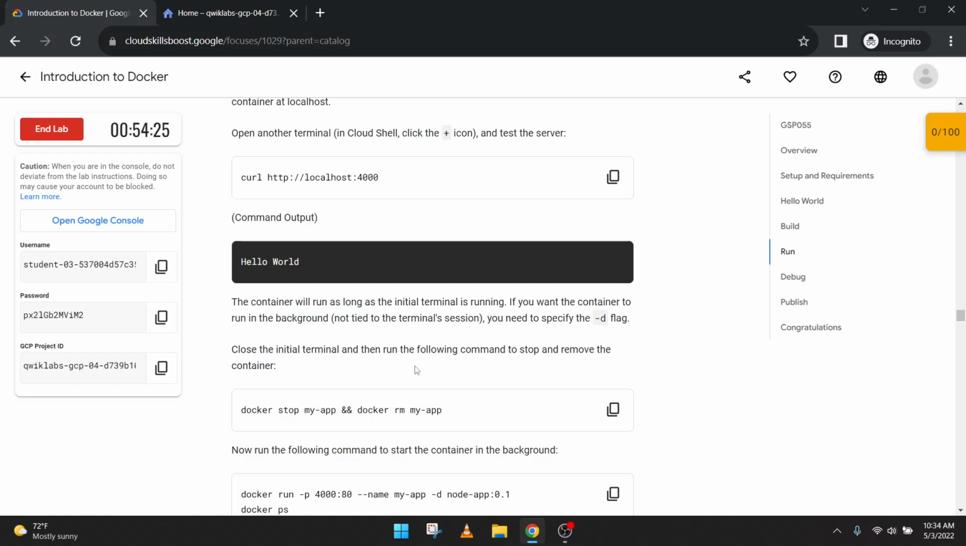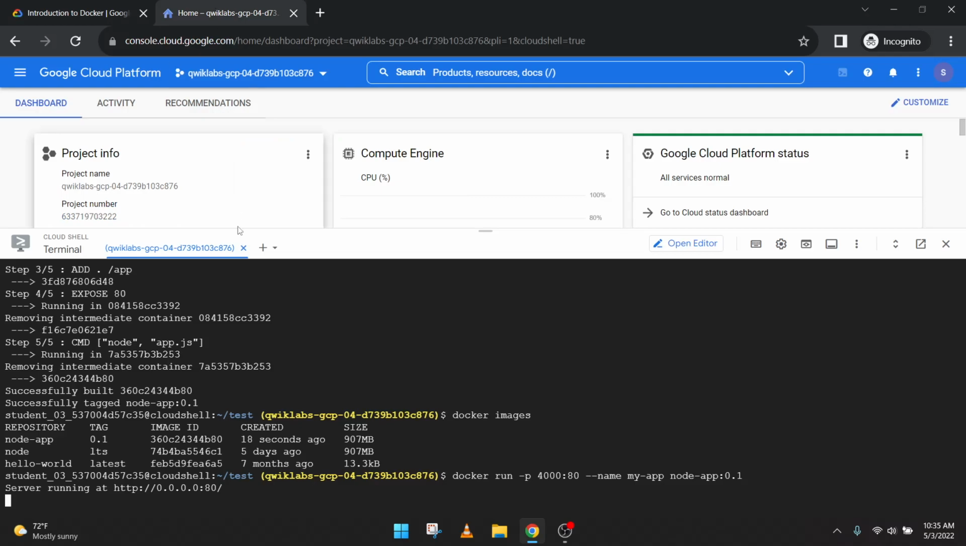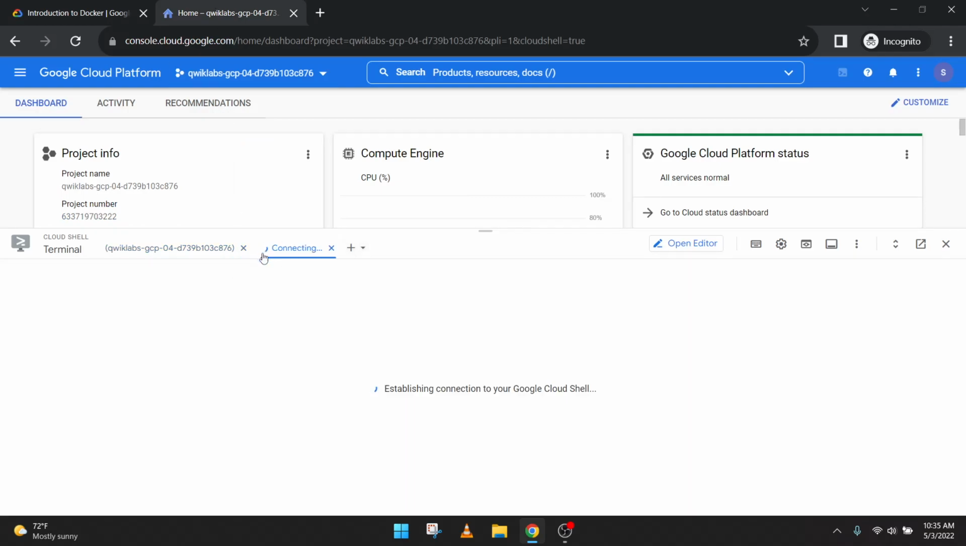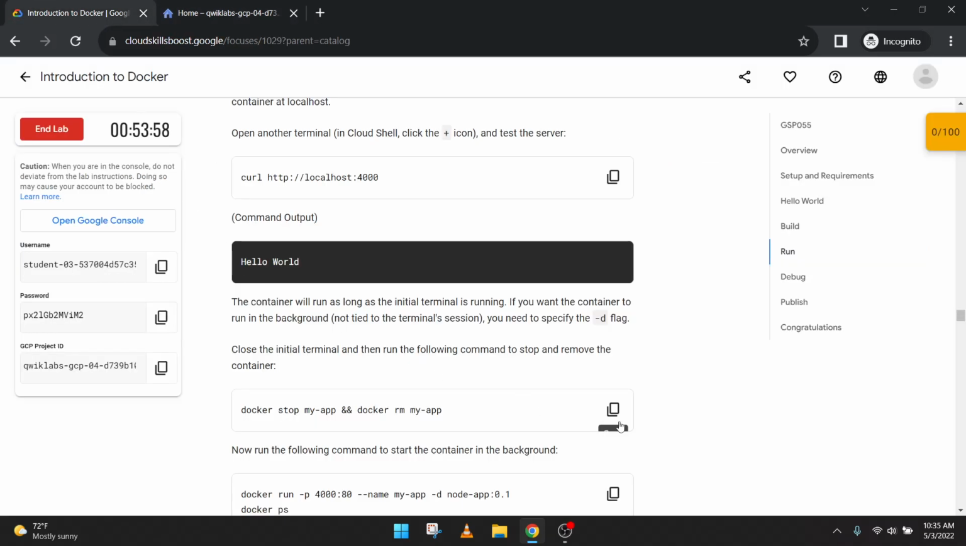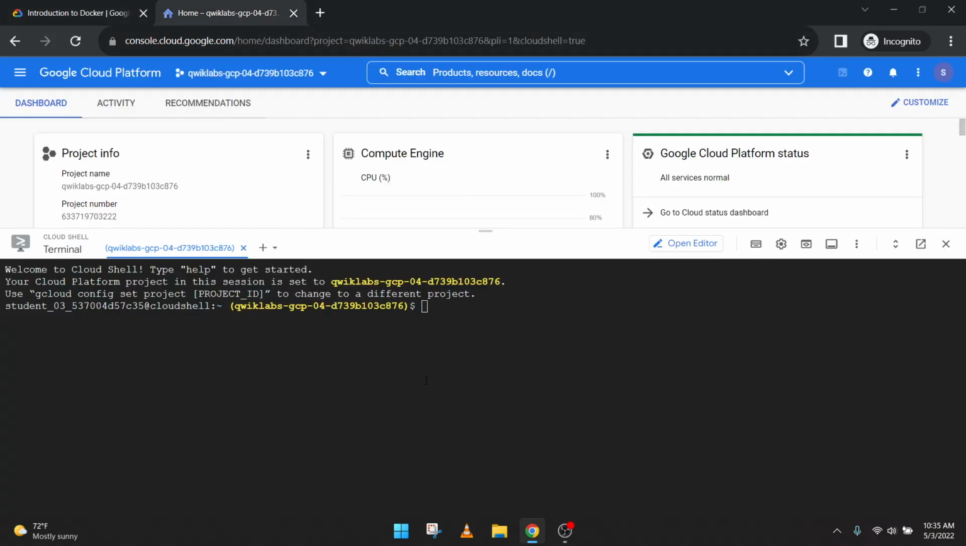Close the initial terminal and run the following command to stop and remove the container. Okay, so the container will run as long as the terminal is running. If you want the container to run in the background, you need to use dash d. Close the initial terminal and run the following command to stop and remove the container. So you have to click the edit button. So edit, and close this initial one, and this is the new one, and we have to run this code, paste it here, press enter,